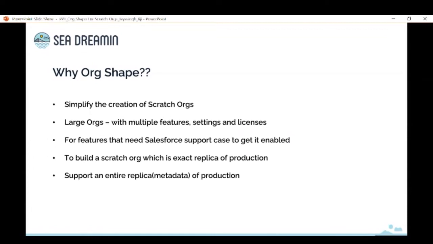Well, sometimes not all the features are available in the features section. There are some features Salesforce will enable only when you reach out to them via a Salesforce support case. Those are some situations where you can use org shape. Also, when you want the exact features, settings, limits, and licenses of the production org, you can use the org shape. The main purpose of the org shape is to simplify the creation of Scratch orgs that will support an entire